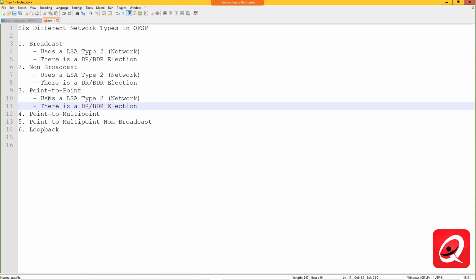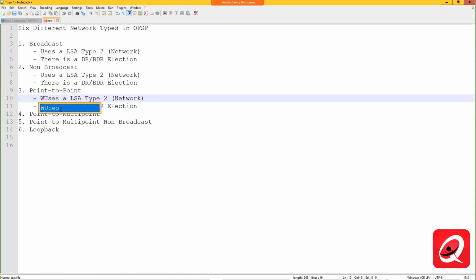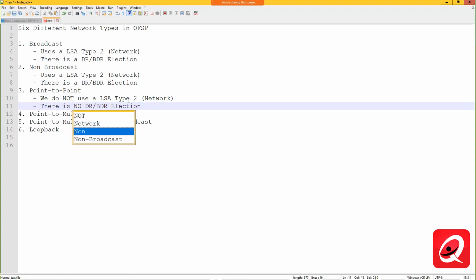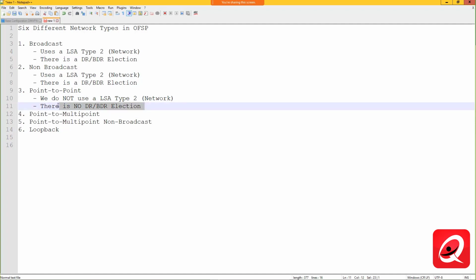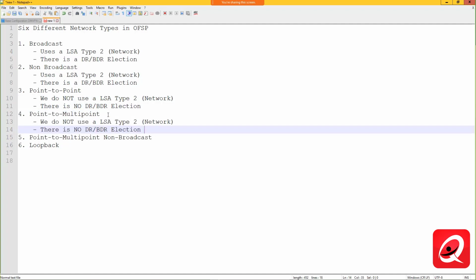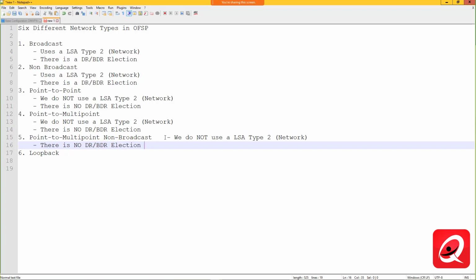For point-to-point, we do not use an LSA type 2. So there is no DR/BDR election on point-to-point links, and that would apply also to the other point types. So the easy way to remember this for the exam, or in the case where you might have to be configuring this on the routers that are establishing adjacencies over these point-to-any type of network, is there's no DR/BDR